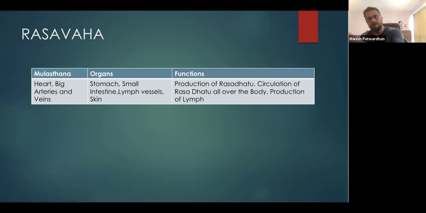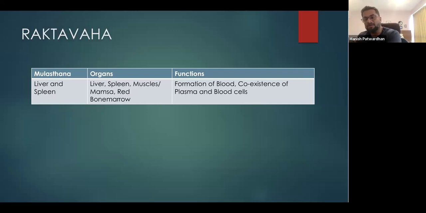It will also nourish the menstruation. It will also nourish the breast milk, depending on what the function in the body is. Some kapha will be formed as waste product, and the remaining component will be passed on to the next srotas, which is the raktavaha srotas. When it goes into the raktavaha srotas, whose main organs are liver and spleen, there the component received after the rasa dhatu conversion will be acted upon by the rakta dhatu agni.